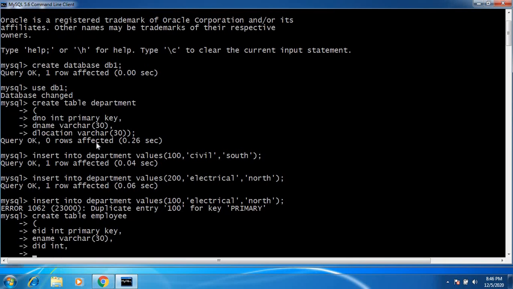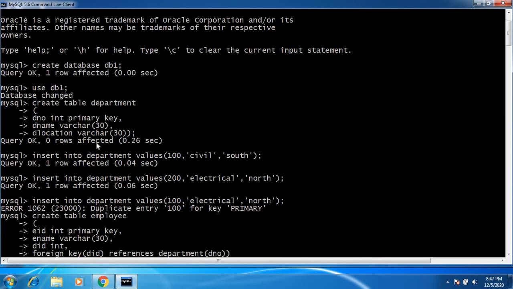Here department ID is a foreign key which is going to refer to the department. Foreign key department ID references department DID, the department number.